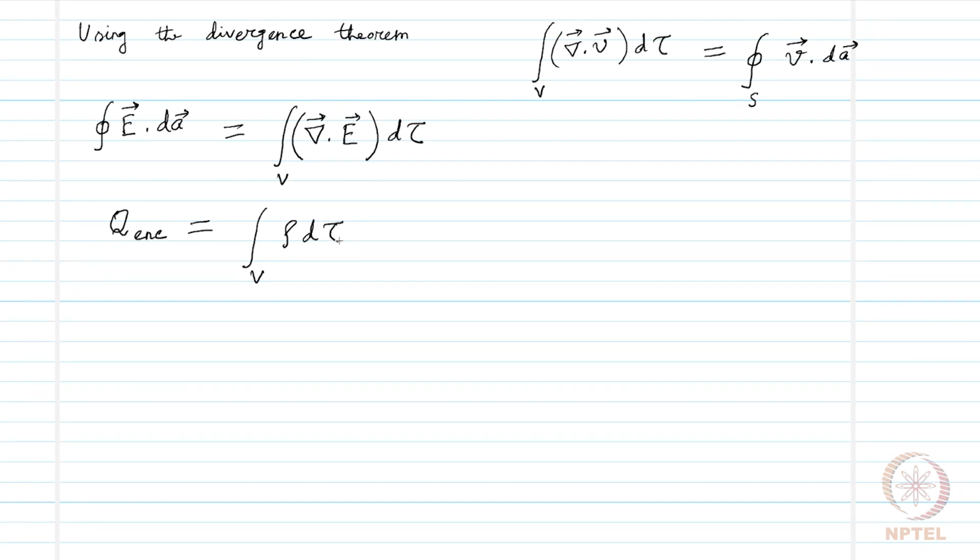Now, by comparing these two expressions and looking at the right hand sides, we can write from the integral form of Gauss law, the volume integral of the divergence of the electric field equals the volume integral of rho over epsilon naught,